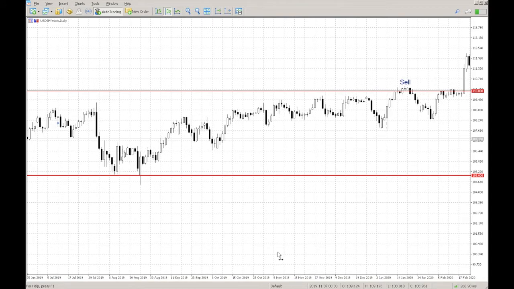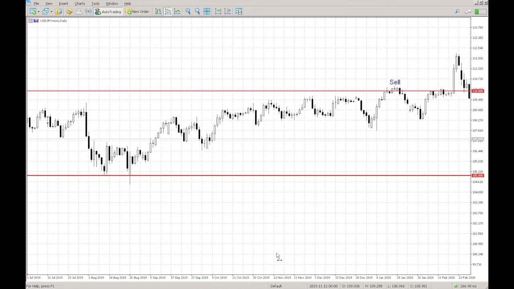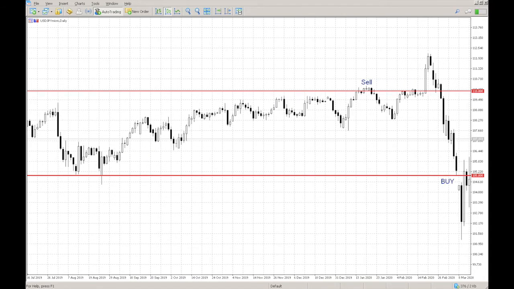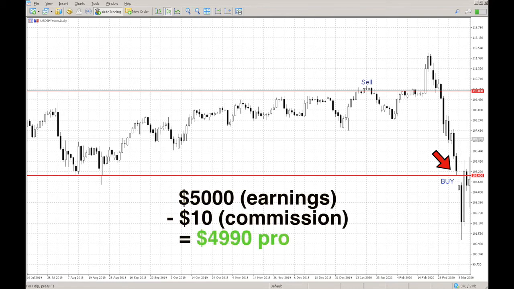However, the market starts waving back up and goes as high as 112, and for a while your trade is actually losing money. But because you are the average Joe, and the average Joe believes in himself, he sticks to his game plan, and soon enough the market starts coming down. And eventually on the 6th of March 2020 it returns to 105, where he decides to exit the trade buying and makes another